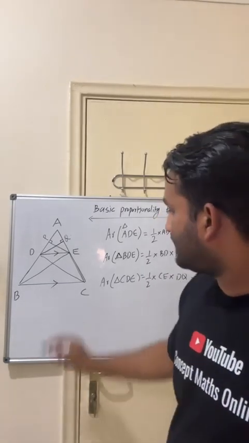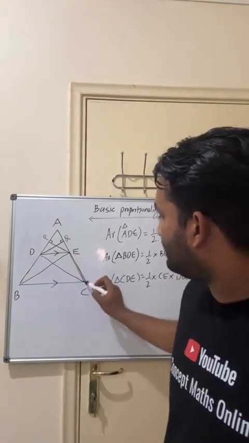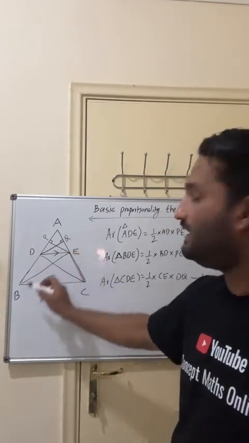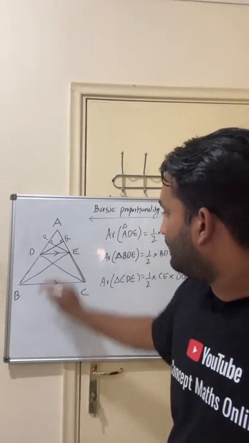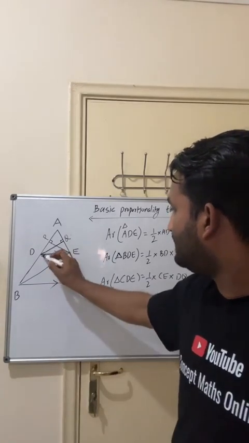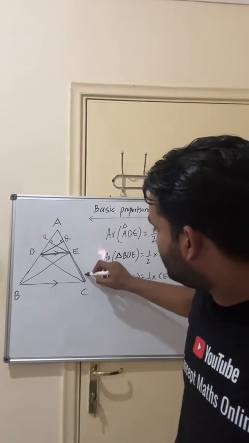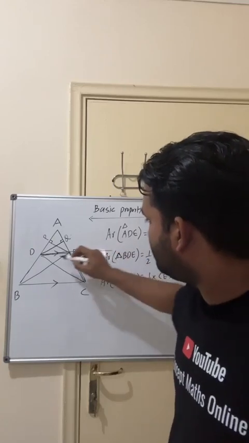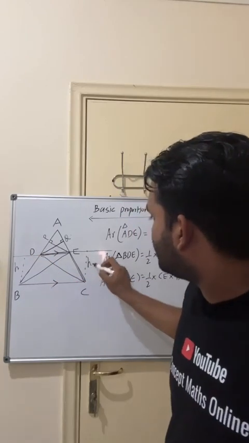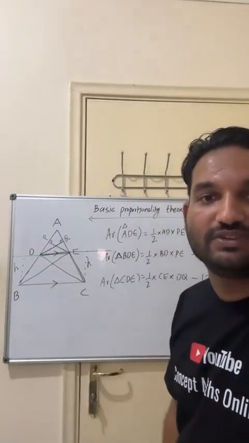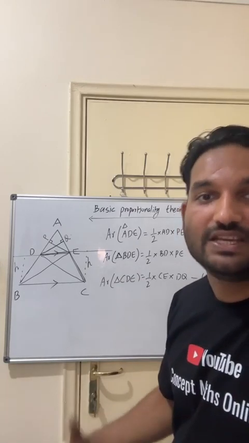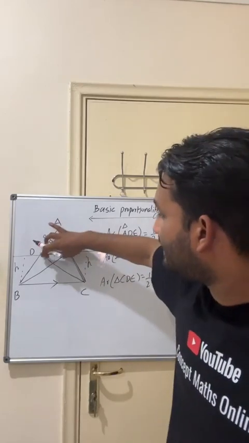Now I am telling that for this trapezium, the area of triangle BDE and the area of triangle CDE are the same, equal. Why? They have the same base. If you fix this base, their altitude remains the same, because you can extend this base in this direction or this direction. So you can see this is the altitude. This height remains the same when the base is taken as DE, okay? Because you can express area in the form of any side as a base, okay? When we express area with base DE,